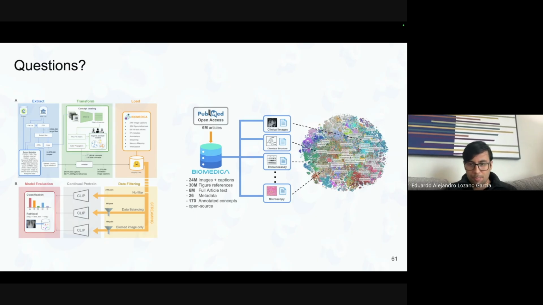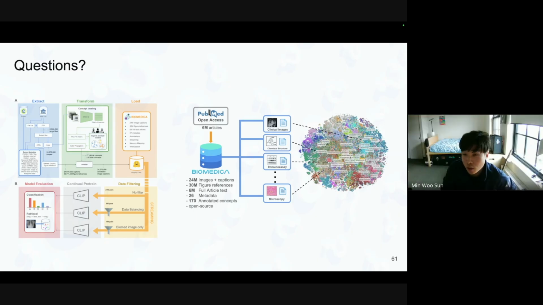Yeah, and just to add, I totally agree with Alejandro. Another thing I just want to mention is the fact that this data set is growing, right? Like we've mentioned, 1.5 million articles getting indexed every year. So we also do plan on doing an update of the Biomedica dump so that we have more. And if the community can continue engaging with the data set and letting us know what they notice and what they want, I think that would be really, really nice as well. Yeah.